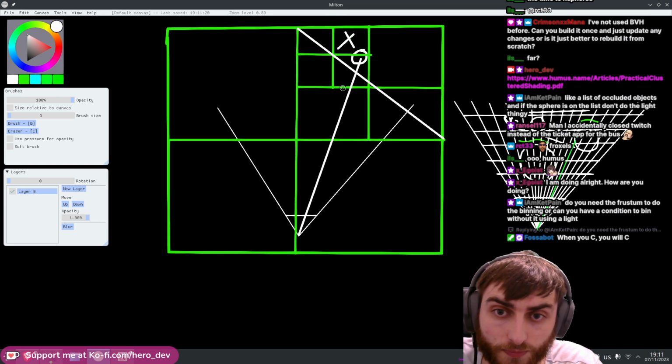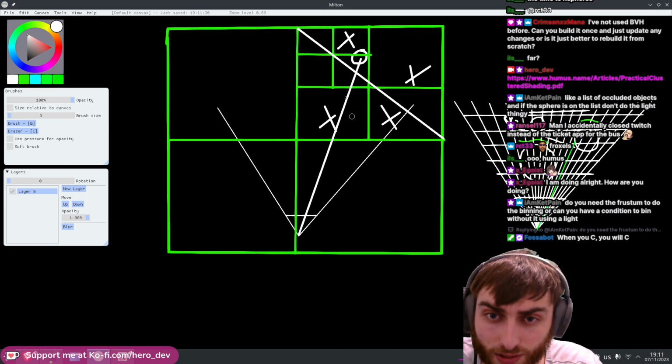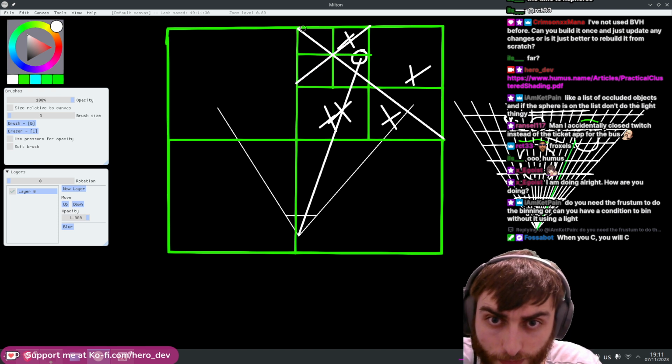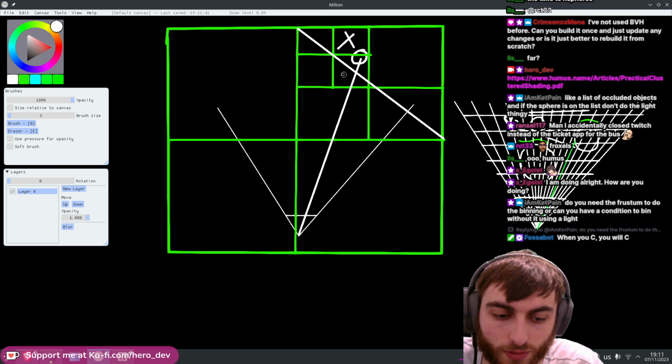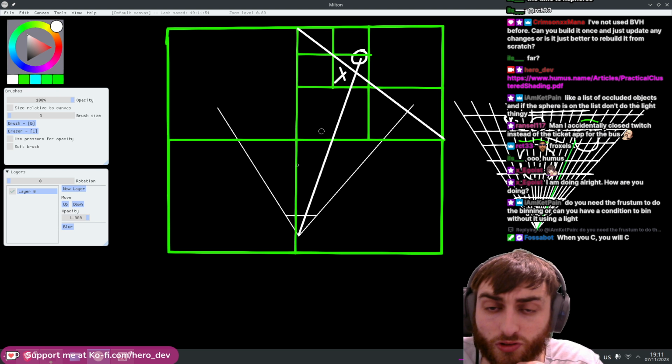Wait, sorry. I described that a little bit wrong. You realize these ones are all empty. Your ray only intersects with this one and this one over here, right? This big one here. So you'll go into this one, then traverse down and find that my ray intersects with this one here. So that was 3 traversals to get